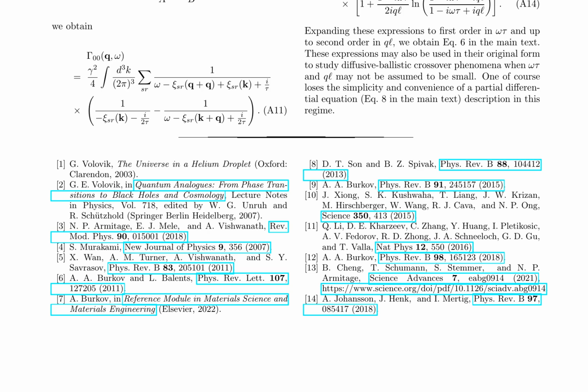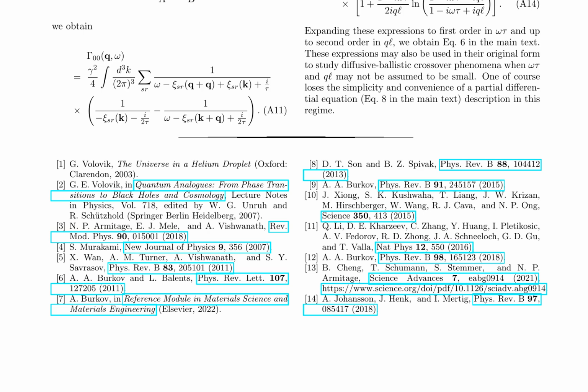However, in the limit where omega tau and QL are small, we can expand these expressions to first order in omega tau and up to second order in QL, yielding the results given in equation 6 of the main text. The expressions derived in this section are based on several assumptions, including the assumption that omega, VF Q, and 1 over tau are small compared to EF plus or minus delta. While this assumption breaks down when the Fermi energy approaches the location of a Weyl node, we note that the final results are smooth functions of EF and delta.